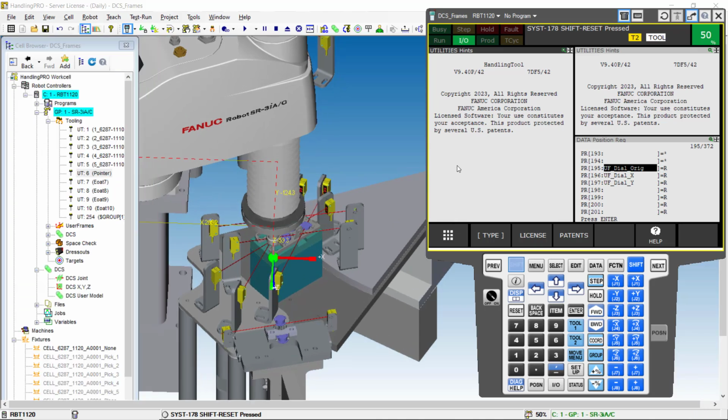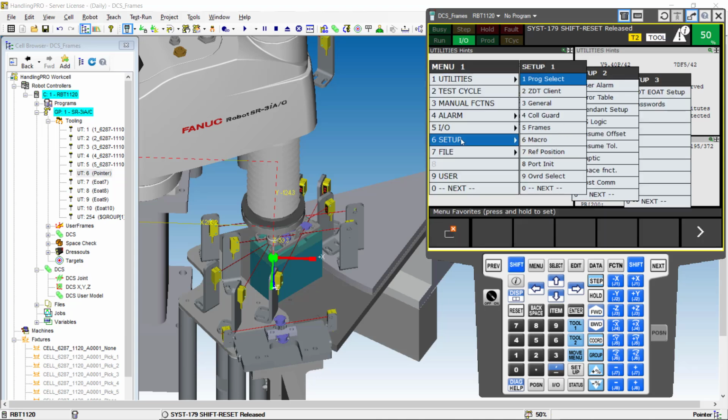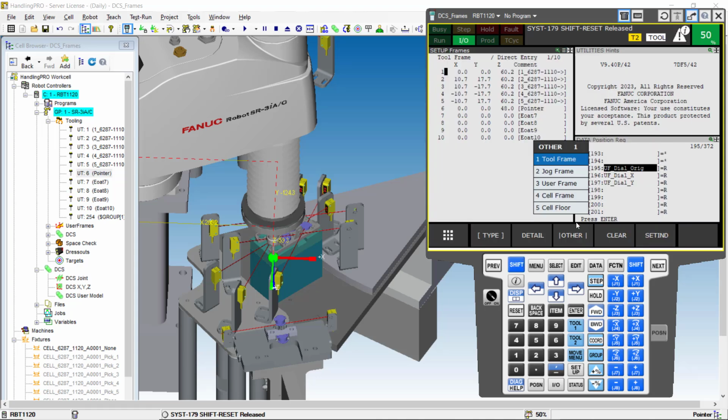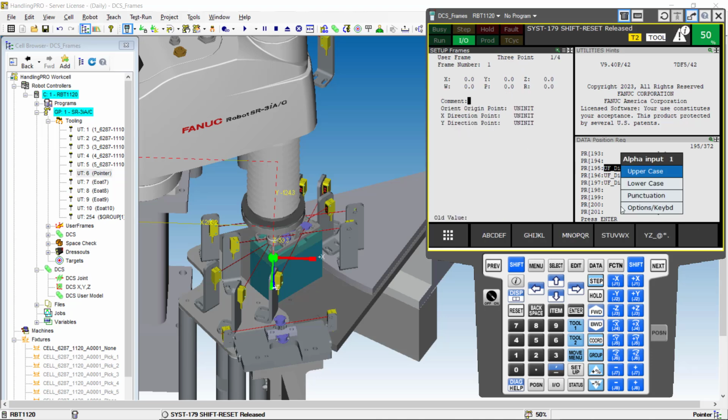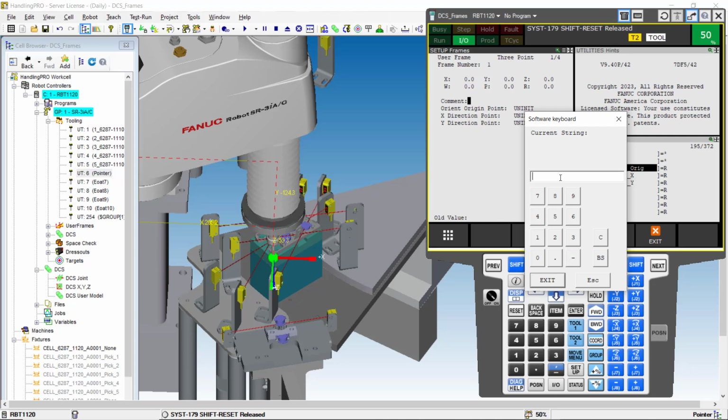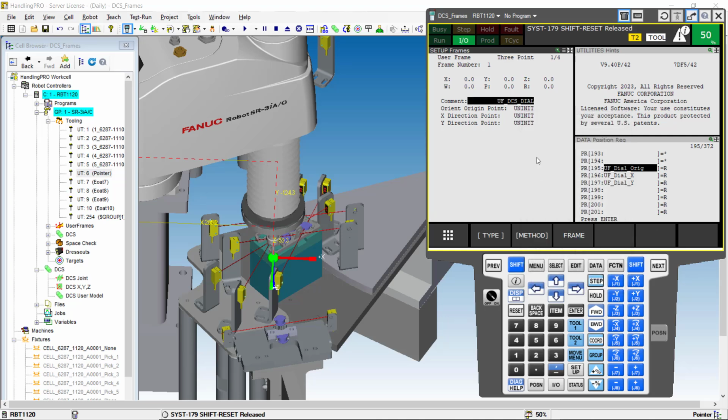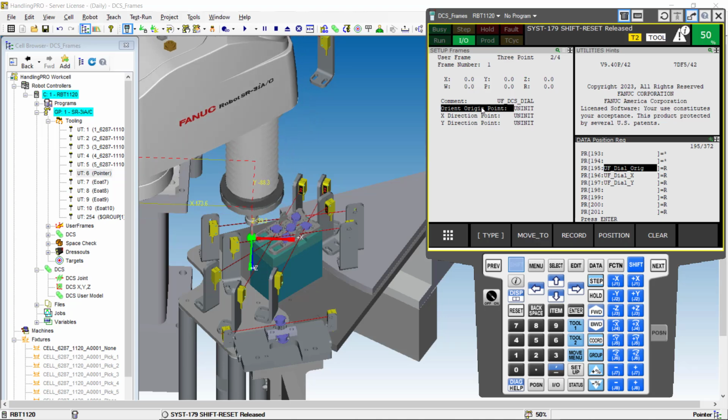For that, I'm going to go to Menu, Setup, Frames, Other, User Frame. I'm going to use user frame number 1, so I'm going to go to details. I'm going to double click and name this user frame. Actually, I'm going to call it DCS because it's going to be used only for DCS purposes. I'm going to call it DCS dial. And for the origin, I'm going to move the robot with shift, move to, and go over here